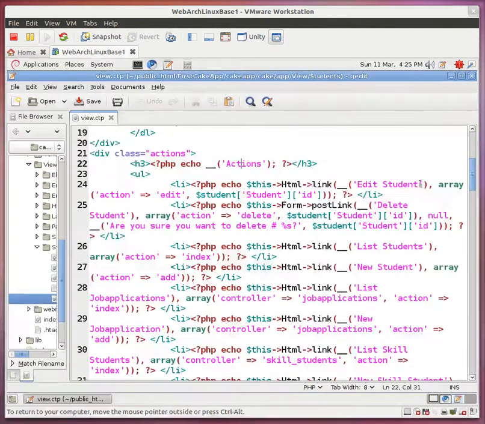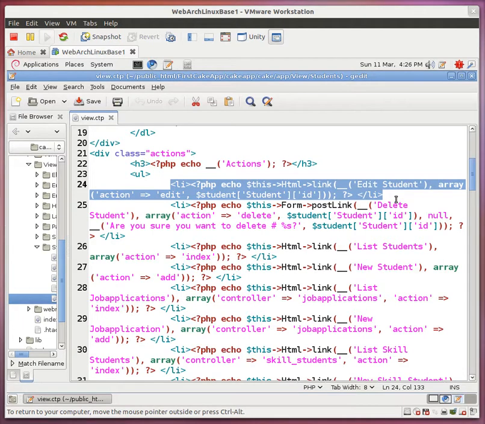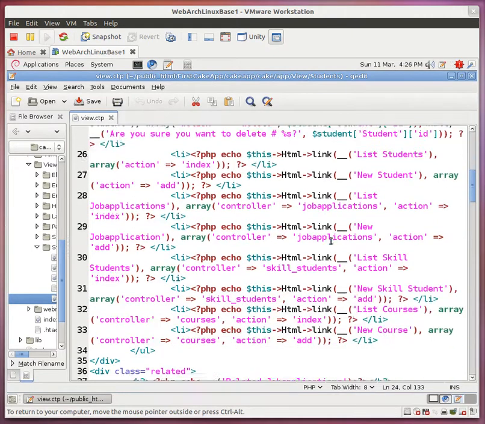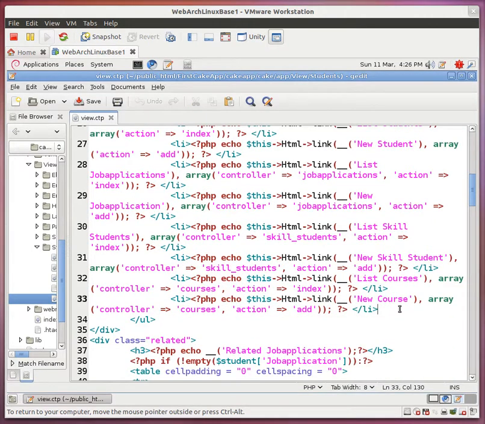In particular, if we look at this, which one's this? The edit student action. Actually, our courses action is very similar to that, except of course we're listing courses instead of allowing editing. But if I copy this link and pop it at the bottom there,